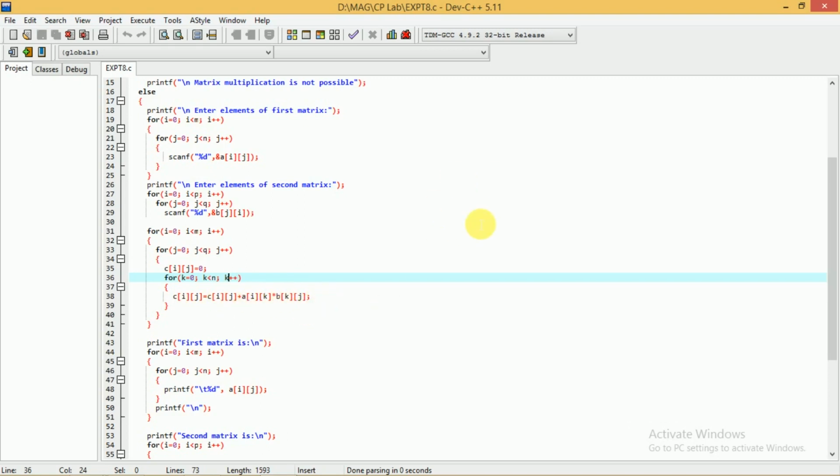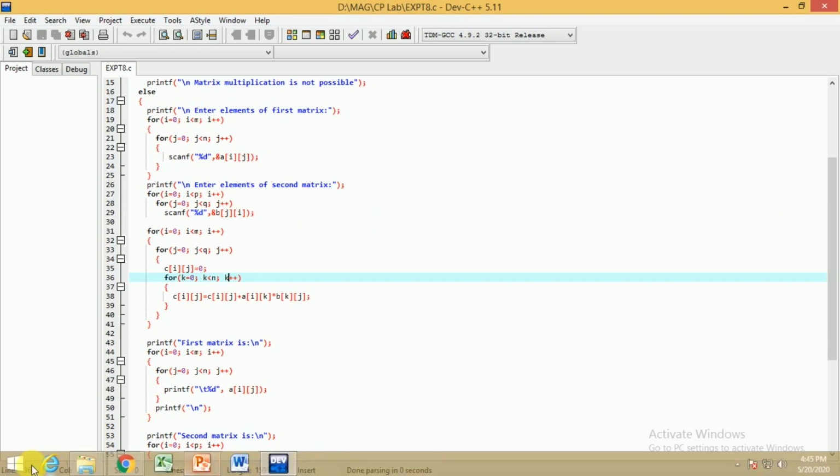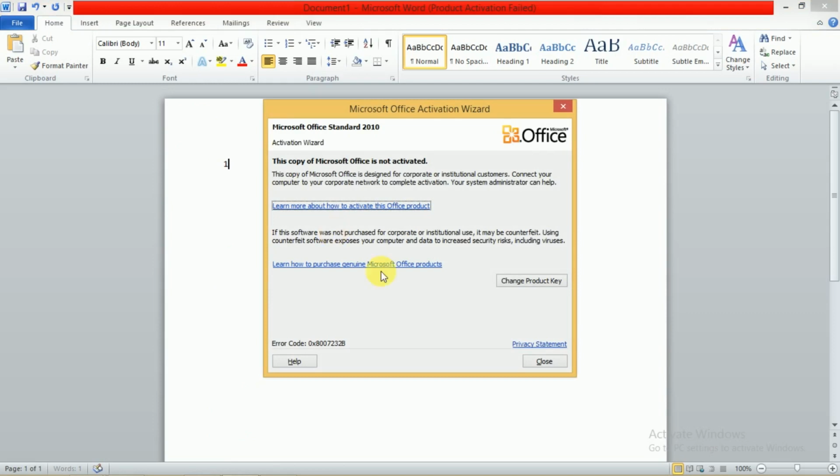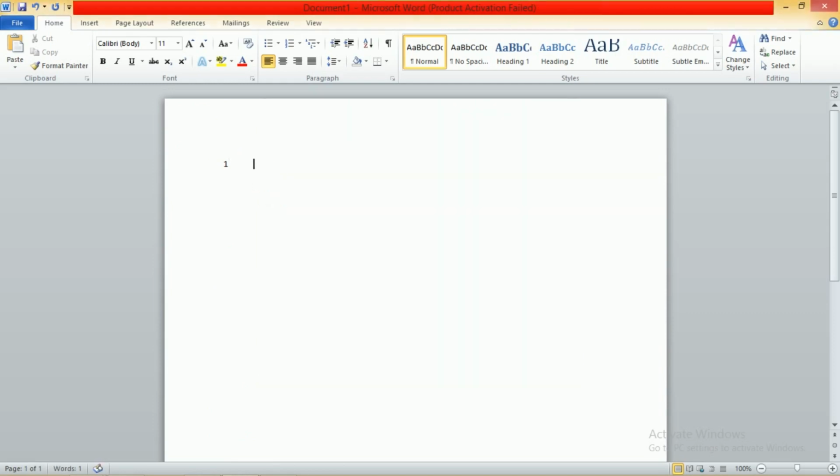Let's take one example. We have 2 by 2 matrices, so A is 2 by 2 and B is 2 by 2. Let us consider the first matrix, whose first row has 1 and 2.